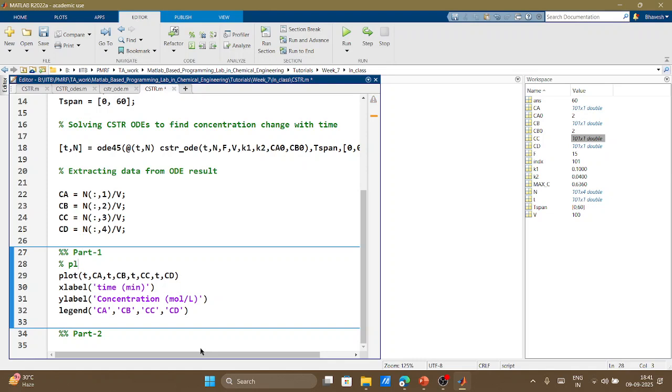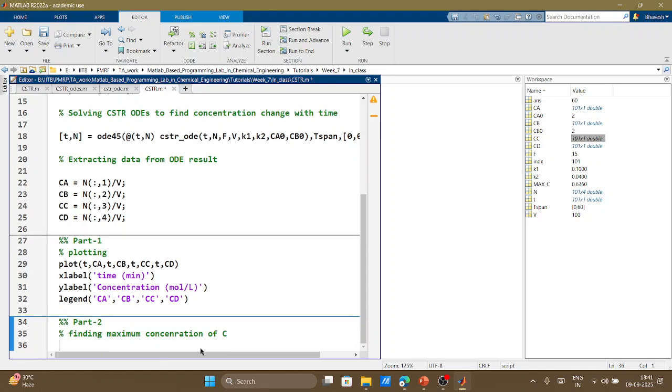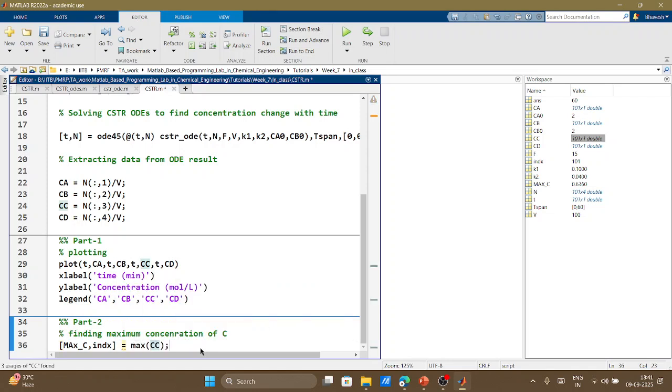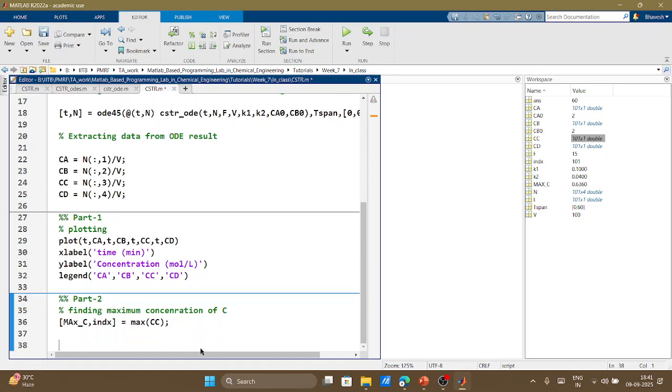So part 1 was plotting, part 2 will become finding the maximum concentration of C. So for that, what I am using is max C value, comma, index, is equal to max of CC. Once I know that, I can use the fprintf command and say that